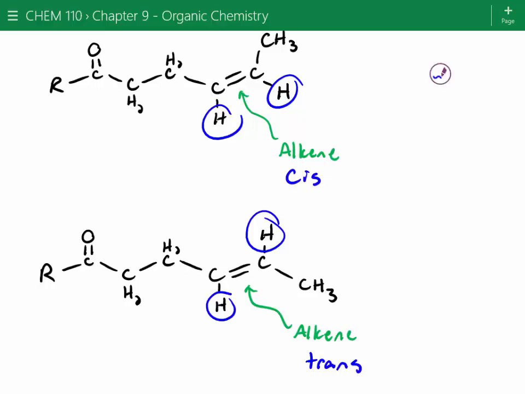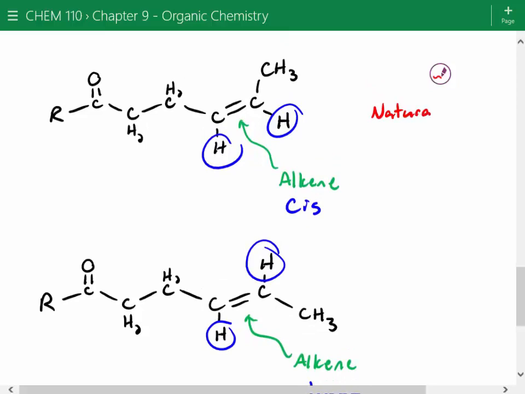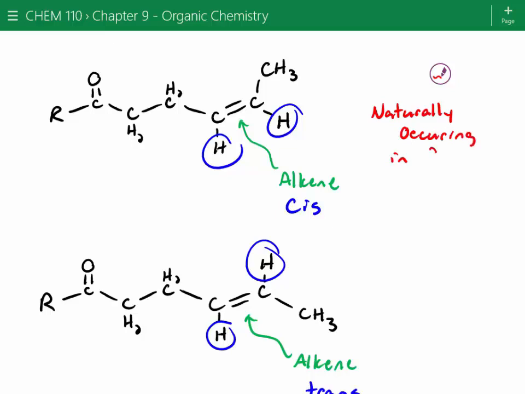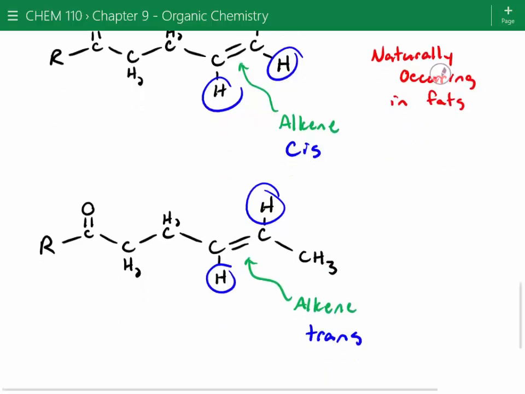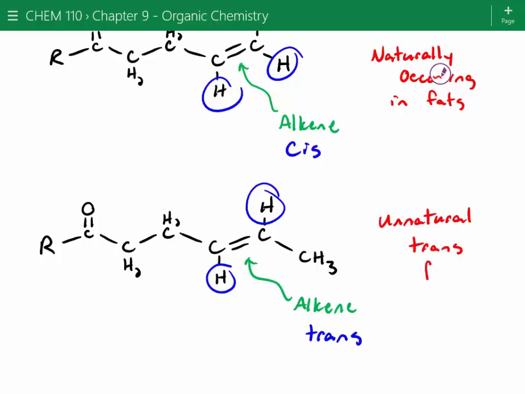So these cis fats are natural fats. And these are unnatural trans fats. So all trans fats are like man-made? For the most part, there are some weird exceptions to that, but far and away, most trans fats that we consume are unnatural. Yeah, so if you ever hear trans fats now, you can say, now I know it's from alkenes. I got this organic chemistry stuff down.